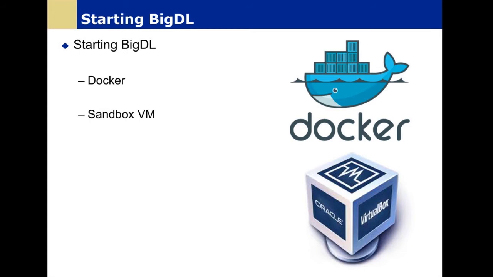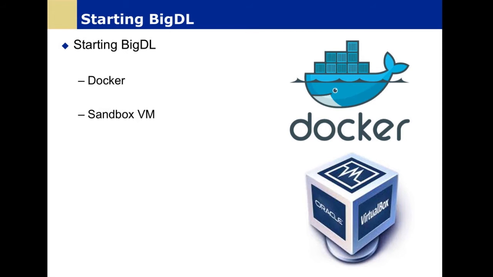Let's talk about how to start BigDL using the Docker container. Now, Docker is a great way to go if we have a Mac, a Linux machine, or a Windows box running Windows 10 Professional with Hyper-V installed. If that fits, then we should proceed ahead with Docker for the Sandbox. If not, we may want to consider using the Elephant Scale Sandbox VM, which we can download for VMware or VirtualBox, and we'll talk about that in a minute.